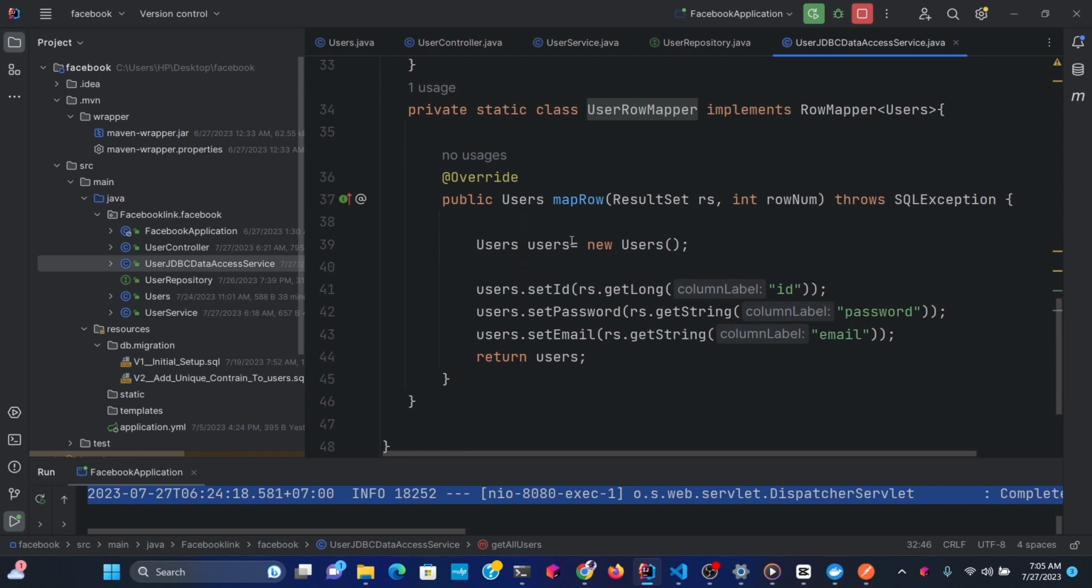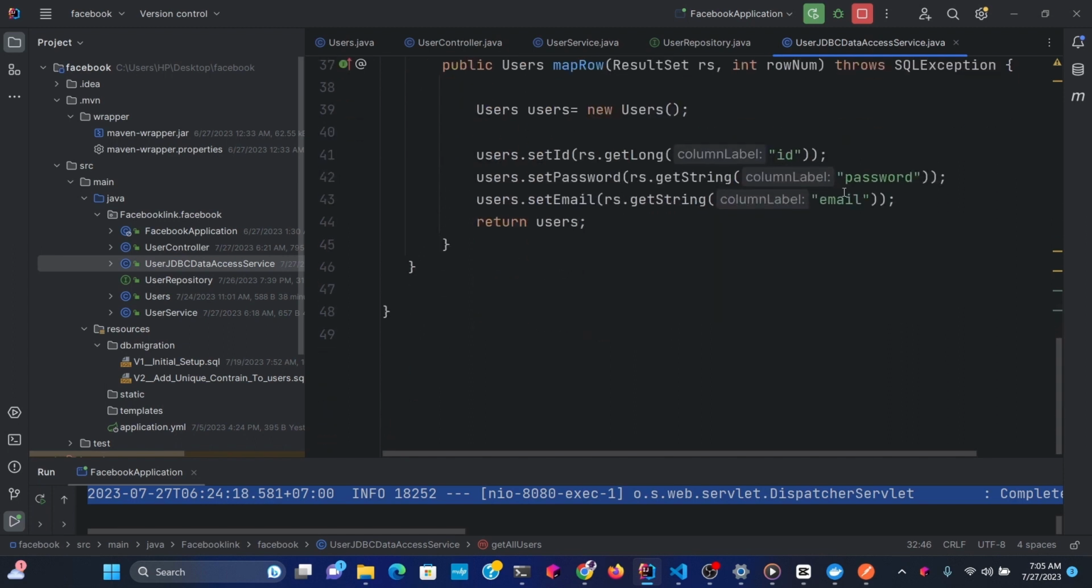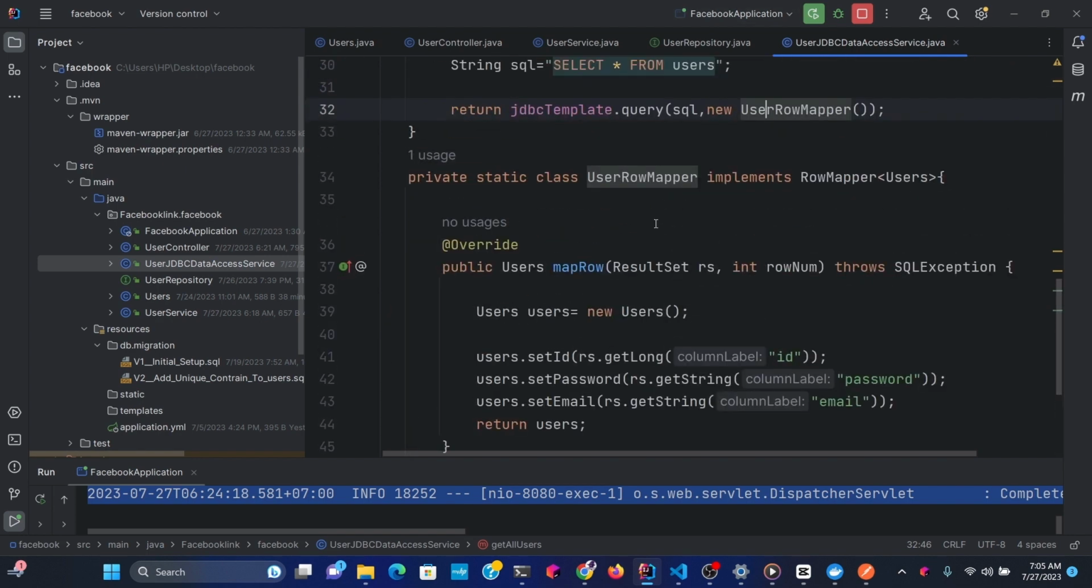Then inside this method in here, we're going to create a user object for each user. The user information is ID, password, and email. After that, we're going to return the user. So that's what we have done basically. So let's go ahead to